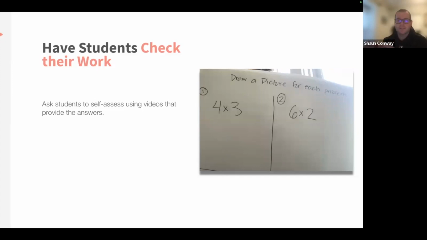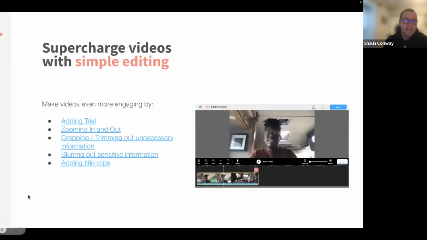But that doesn't mean that students cannot still be thinking about the way in which they are checking information and using videos for that. But with that in mind, there are several things that you can do as this process unfolds to make videos even better for small groups. And we never expect those videos to be perfect. A lot of times we will encourage to just think about that just a little bit better.